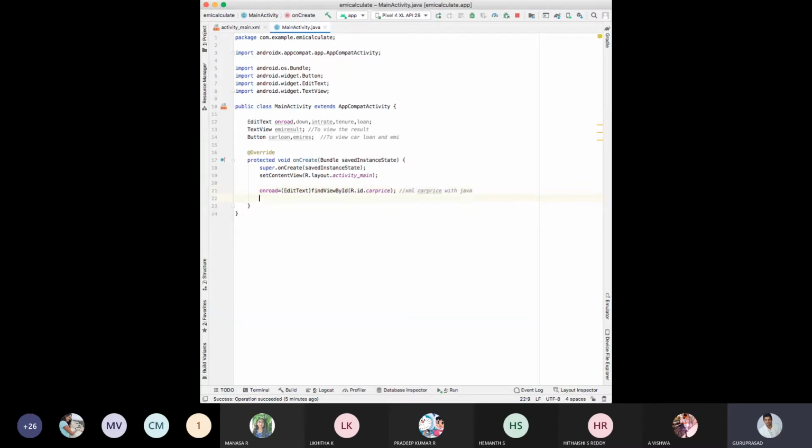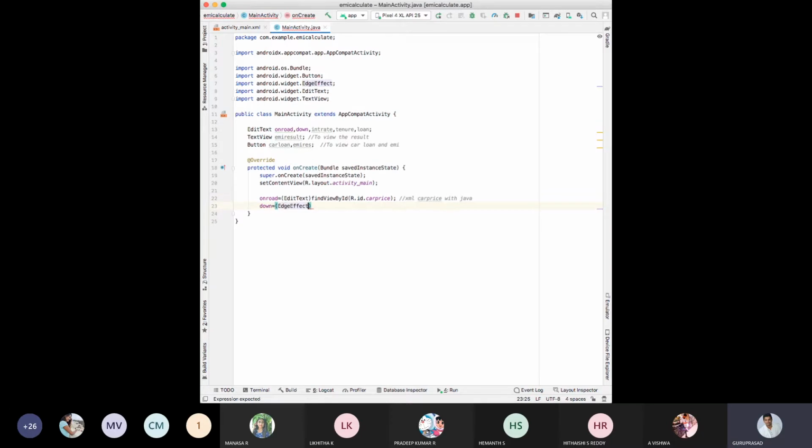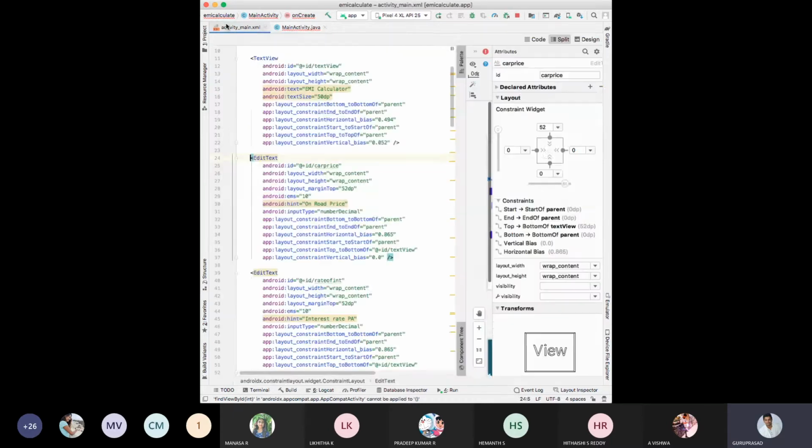Next, on road over. Next, down payment I need to know. Down payment, edit text. There is an edit text. You need to get input, right? Find that view by ID. Where is that ID? R dot resource dot with an ID. What is the ID of down payment?